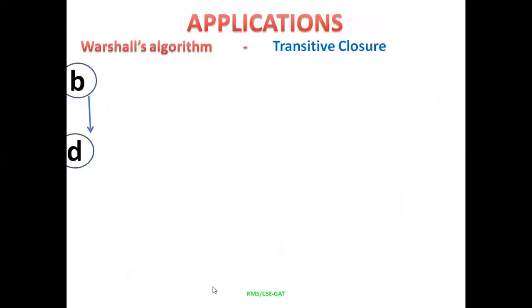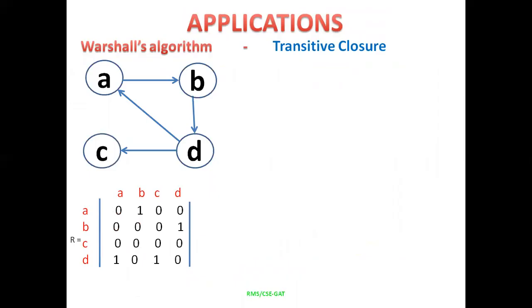So now in this example, I need to convert this adjacency matrix to the transitive closure by replacing some of the zeros in this adjacency matrix by 1 if I get an i to j path. See, this is the transitive closure which you are going to get after applying Warshall's algorithm. For example, here A to C was 0, and here I got A to C as 1.